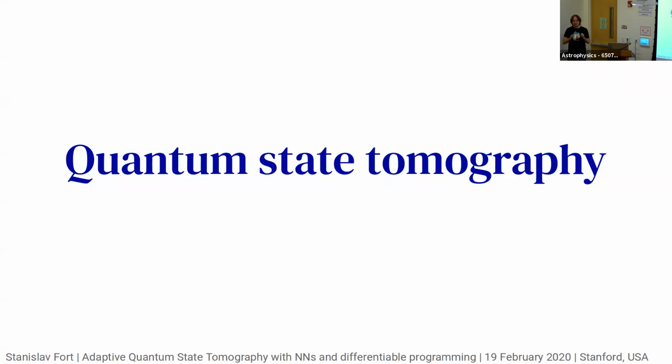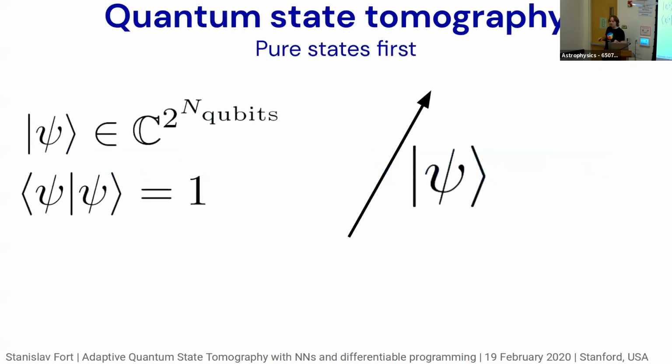I will look at a simplified version of quantum state tomography first to explore what the problem is, and then I will go to the more detailed and more realistic version that people actually deal with in the lab, hopefully, and for which the algorithm we developed could be useful. And then I'll try to build up the intuitions here on the simple case and then move it on to the more complicated case.